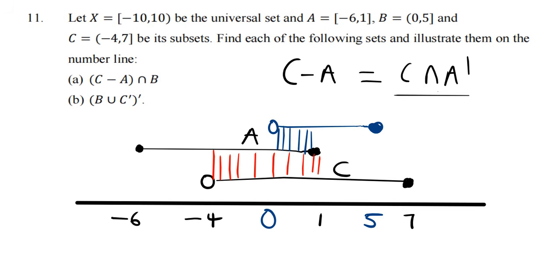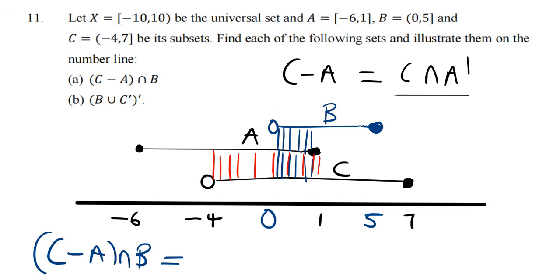Okay, so what is that part that we have there? So now you're able to see that 0, if we're saying this is B, 0 is not part of B, okay, but it is part of the intersection of A complement and C. So in this case, our final solution of C minus A intersection B will be equal to,